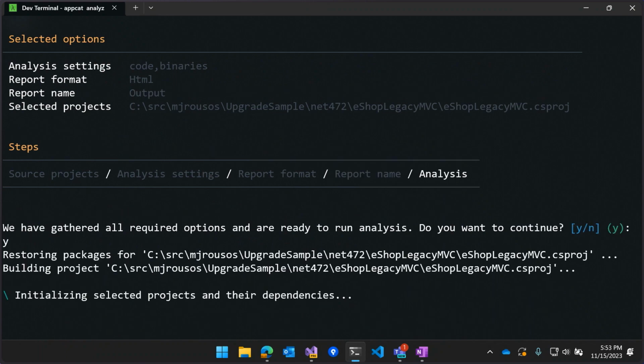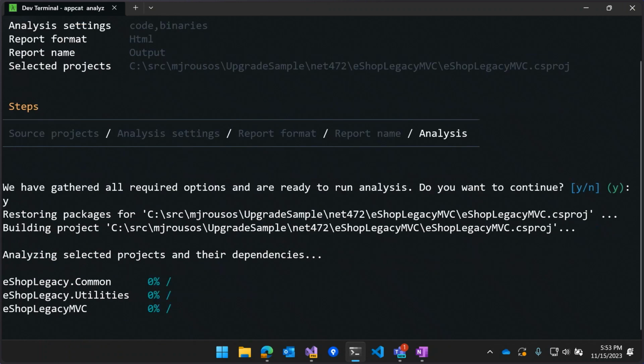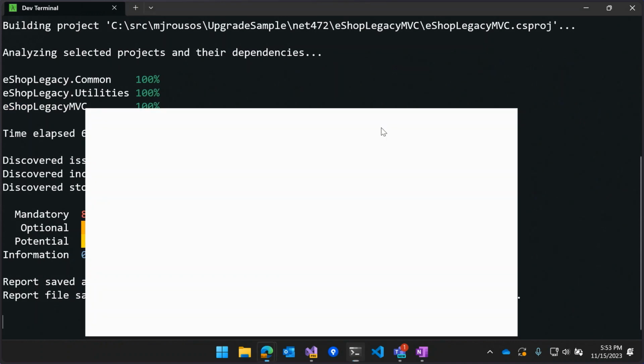So it's going to go ahead. It's going to open up my solution. It's going to walk through all of the source code. Since I chose binaries also, this will take maybe slightly longer because it's also going to be evaluating all of the binary dependencies I have. And then I'm going to get, once this is finished, a report that looks just like the one we saw before,